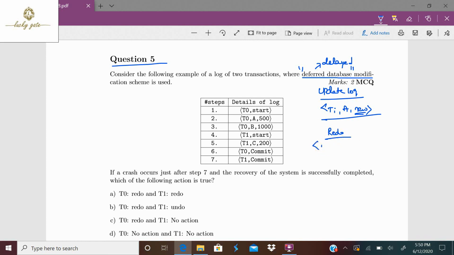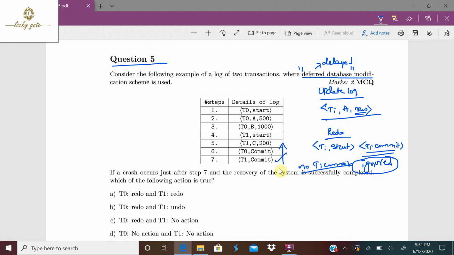A transaction needs to be redone if the log contains both Ti start and Ti commit log records, and if there is no Ti commit, such transactions need to be ignored. Why? Because if the transaction is not committed, the updates are not written to the disk, so undoing is not required, just ignore the log. Now during recovery, the log is scanned backwards, checking for the transactions that are started and committed or not committed.